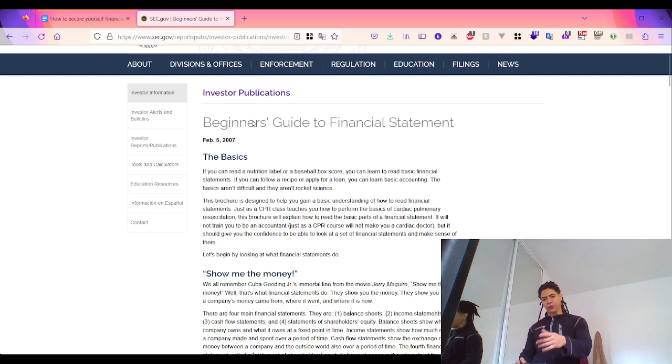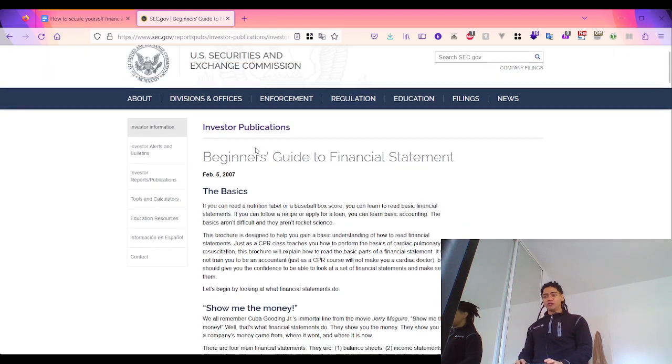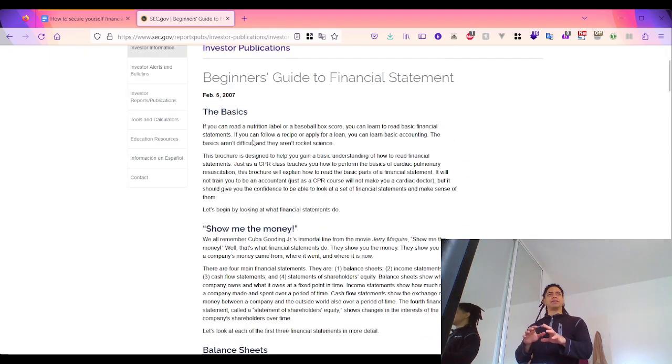So here what I'm doing is making a quick recap of this beginner's guide to financial statements, something that the sec.gov made here. And in this website, the main idea is that if you're able to read a baseball box score or